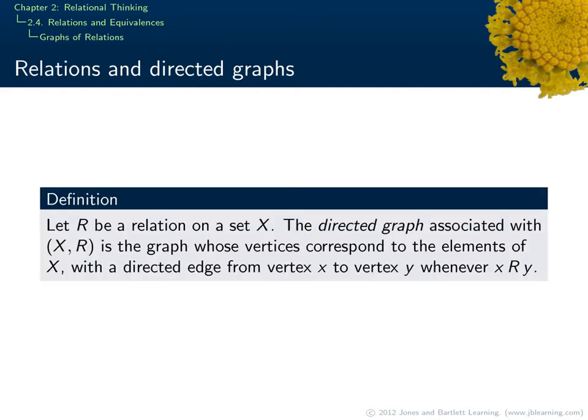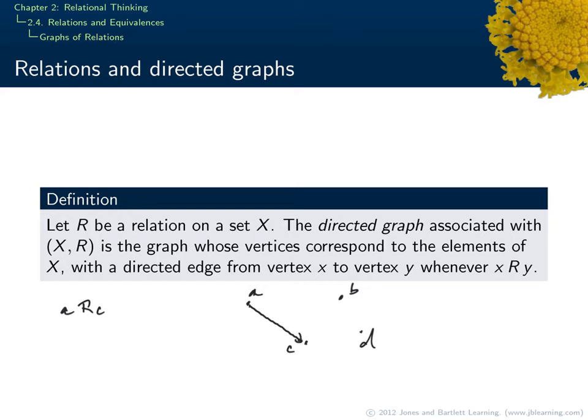If X is a finite set and R is a relation on X, then R can be represented by a directed graph. So how does that work? Well, we let all of the elements of X be vertices. So we have these elements of X here that are vertices. Let's say A, B, C, and D. And we draw an edge between the two vertices whenever those vertices are related under R. So for instance, if A is related to C, then we would make sure that in our graph we would draw a directed edge from A